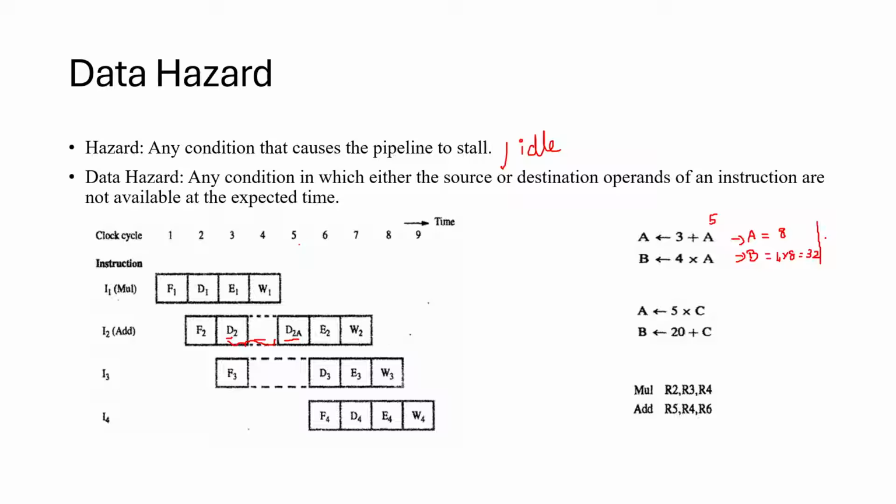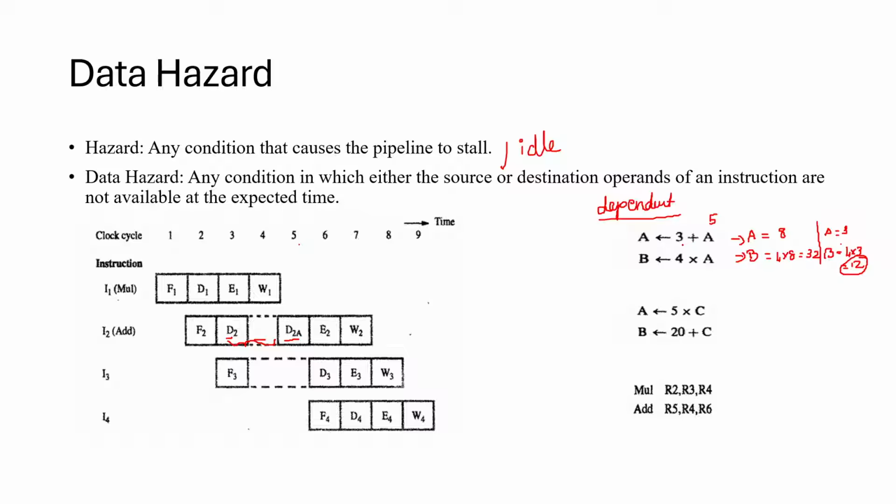but if you execute these two operations in a concurrent manner, the A will be 3 initially, but while the second operation will take the same A and 4 into 3, it will be 12. So it gives the wrong result. So here the two operations are called as dependent. So if there is a dependency in these two operations,